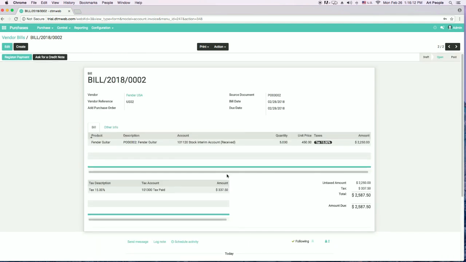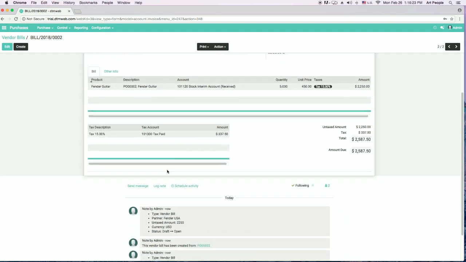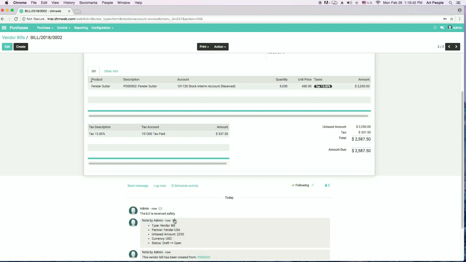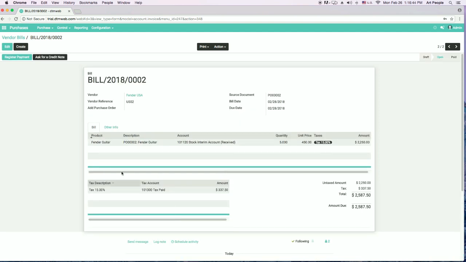So now if you have paid the bill, you will be registering the payment. Very simple. Or you can even ask for a credit note over here. So one of the most beautiful things over here is working in a group. So if you're working in a group with a lot of other team members, you can just leave a note over here that the bill is received safely. So your other team members can basically see that you have left a text message over here about this bill. So once you click on register payment,